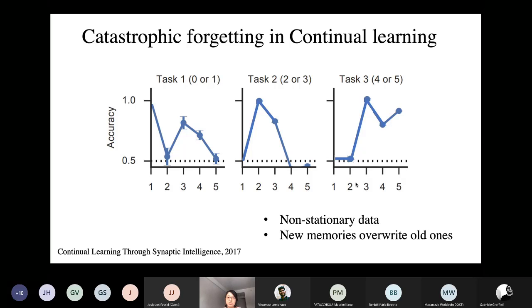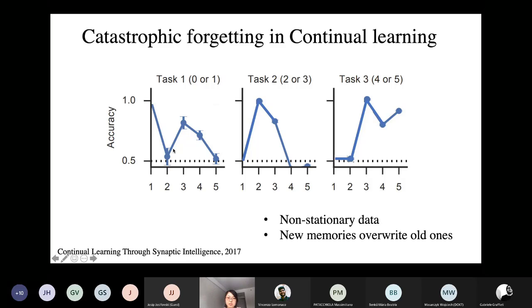The biggest challenge in continual learning is the catastrophic forgetting problem. As shown here, we have 5 different tasks, and the accuracy on the first task after training on the first task is very high. It's close to 1, but after we train on the second task, it suddenly drops to 0.5.